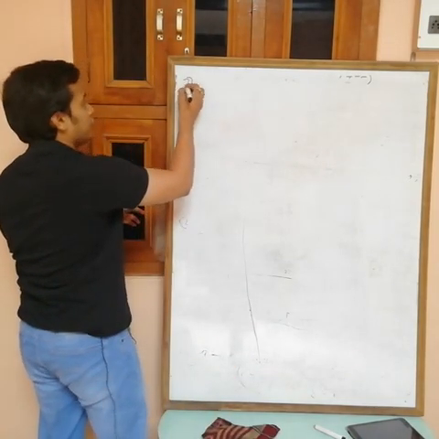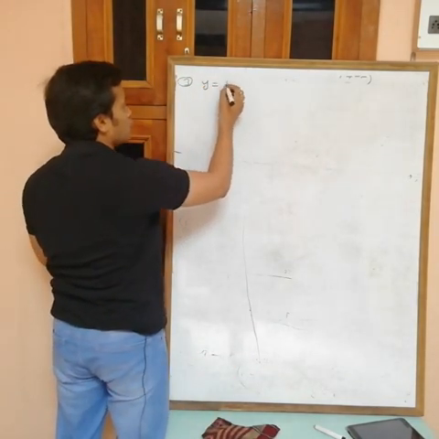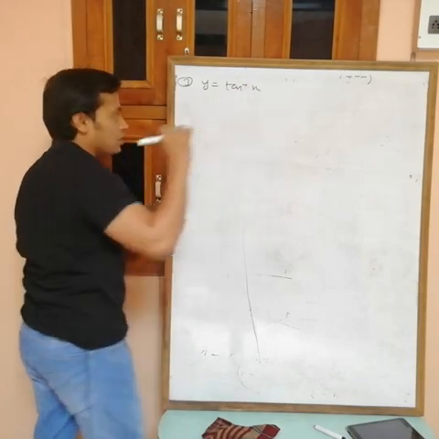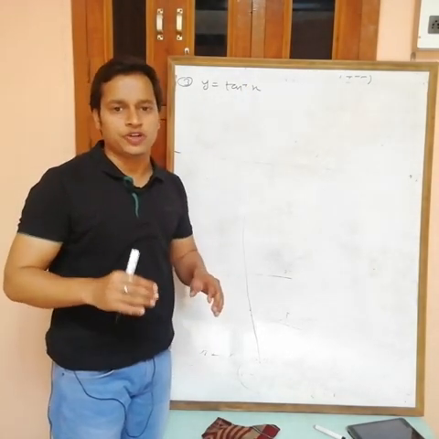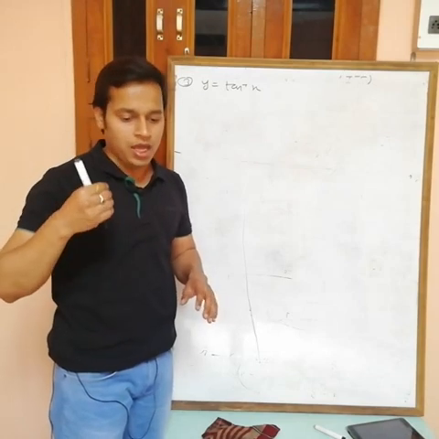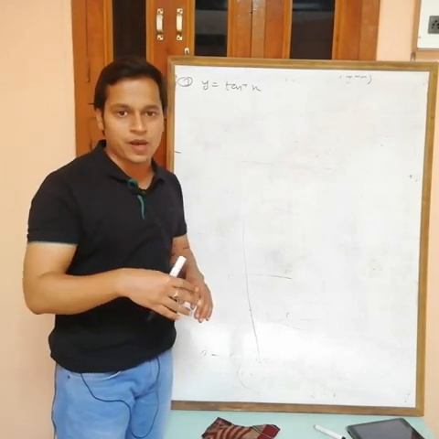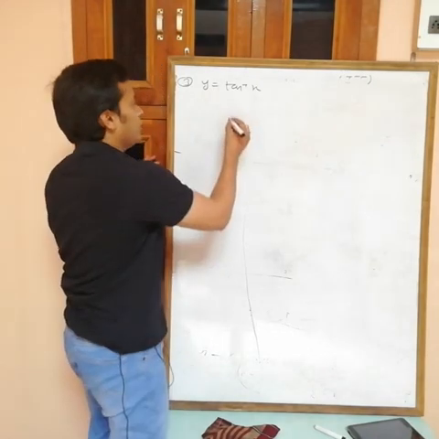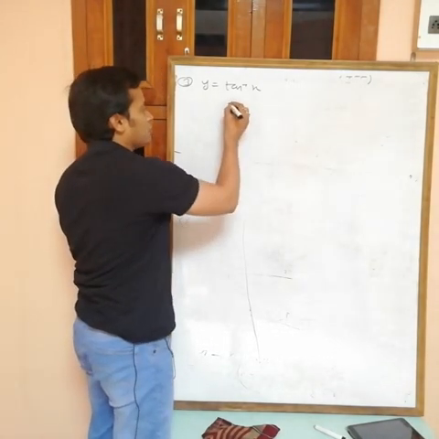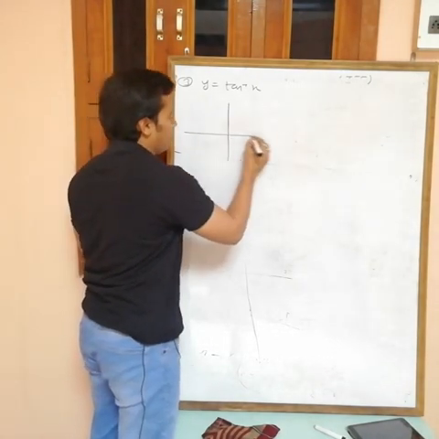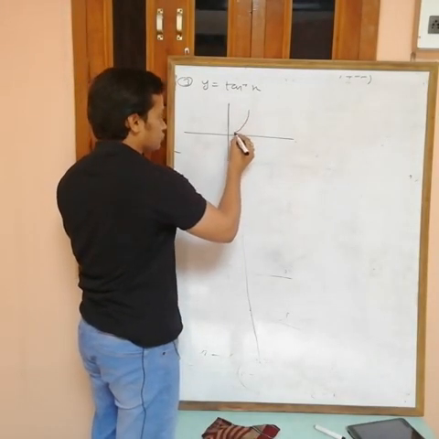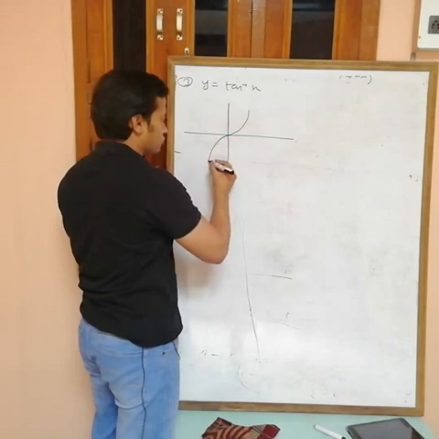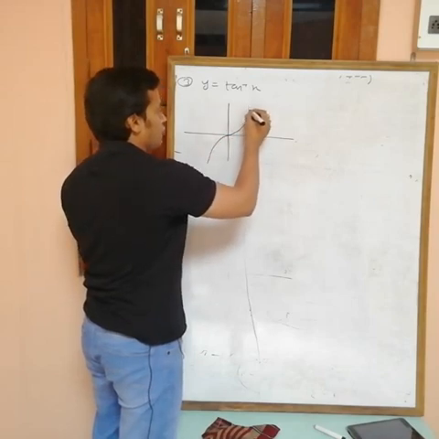Now see, third one is y equals tan inverse x. Now again, all trigonometric functions are many one. So first we have to redefine them from either -pi by 2 to +pi by 2 or 0 to pi. Now first draw the graph of tan x. Okay, so I am drawing the graph of tan x. This is the graph of tan x.